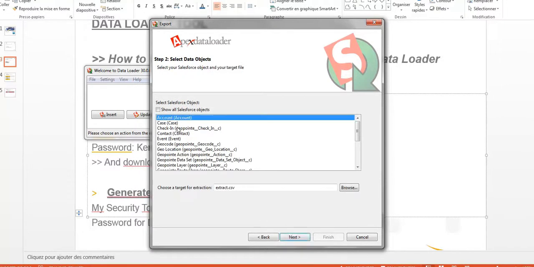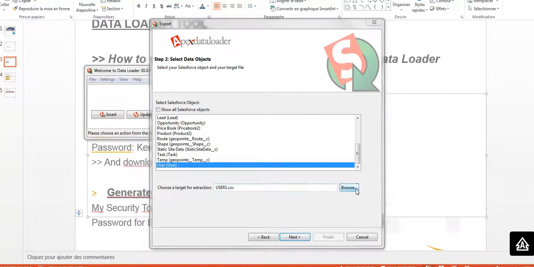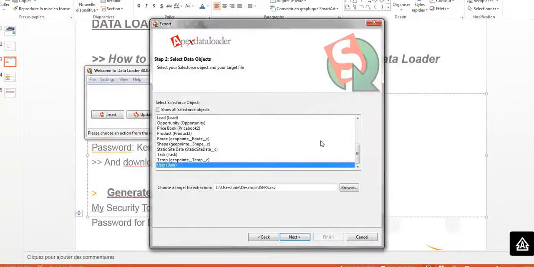So I choose the tab for this export. For that, I will use user, of course. This is the name of the extract. I can rename it user. It will be a CSV file. And I can choose where to put this file. So I will put it on my desktop. Oh, it's quite slow. Okay, so next.